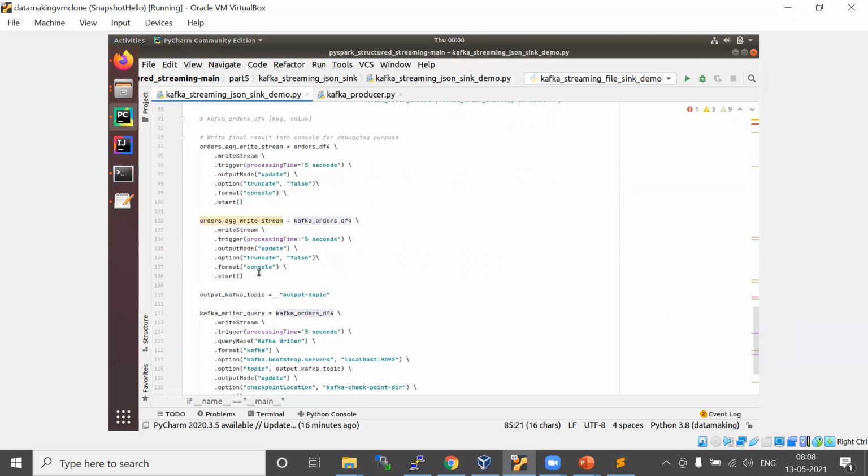This also I'm putting in the console, just to show you. And finally, this we are writing. With writeStream, you put the trigger interval and query name, and format as Kafka, with bootstrap server and topic. Similarly to how you read from the Kafka topic, you are going to write to it also. The only difference is your data frame should have the columns key and value. The value column will have the entire data which you want to publish.